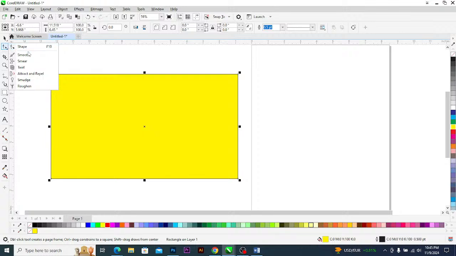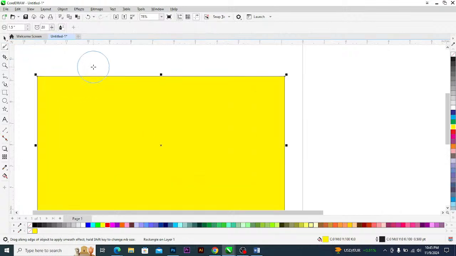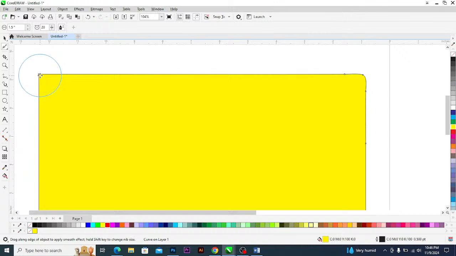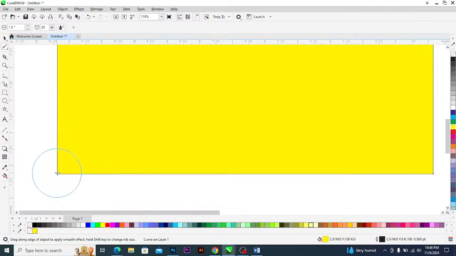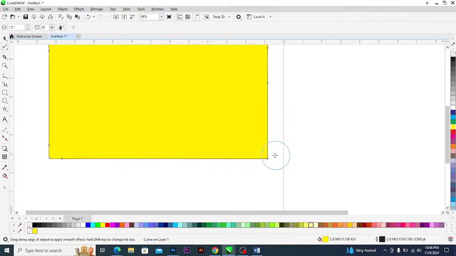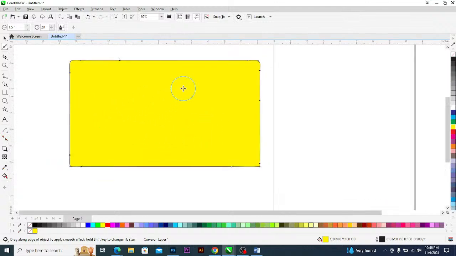I'll press and hold and then pick my smooth. Let's see. Watch. It only smooths the edge. Once I point the edge, I'll press it and drag it down. This is just what the smooth does. Press it and drag it down. Nothing much. Okay. And if you notice that the circle of the smooth is very big, of course,